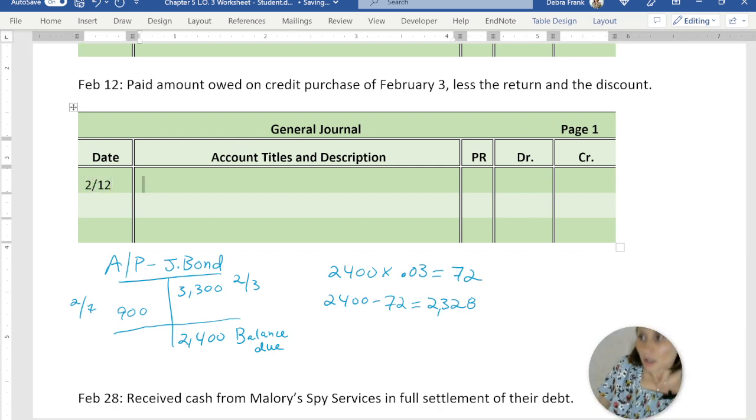So we're gonna go ahead and get rid of the full balance of that accounts payable. Right now it's sitting there at $2,400 as a credit. And we want to say, well, we're paying it now, so we no longer owe this amount to J-Bond. Yeah, we're going to pay less than that amount because we get a discount, but we got to wipe out the full, so we're not saying that we owe this full amount. So we're going to debit for $2,400 to zero out that T account there. All right, and then